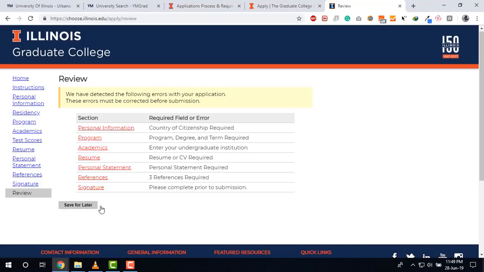Finally you get to review your application, and you can save it for later. Once the deadline is nearby and the application has been activated, there will be a new option through which you can make the payment and really finish your application. After that, apply early. Make sure that you apply early. That's the best way to go. This is really the whole process of applying